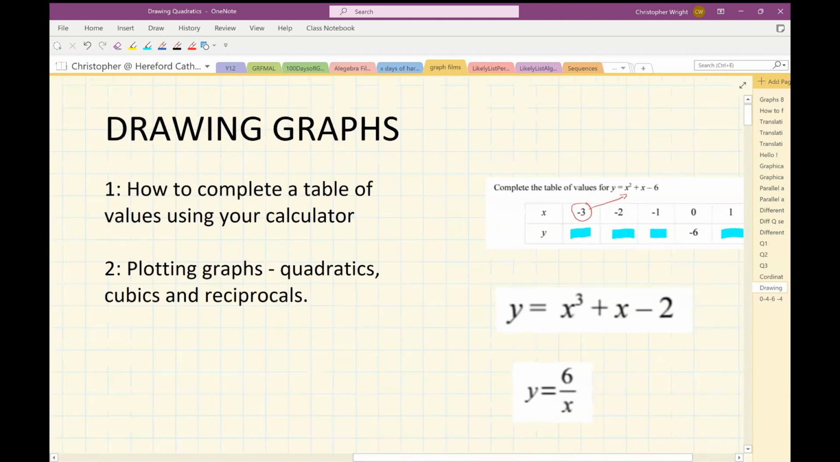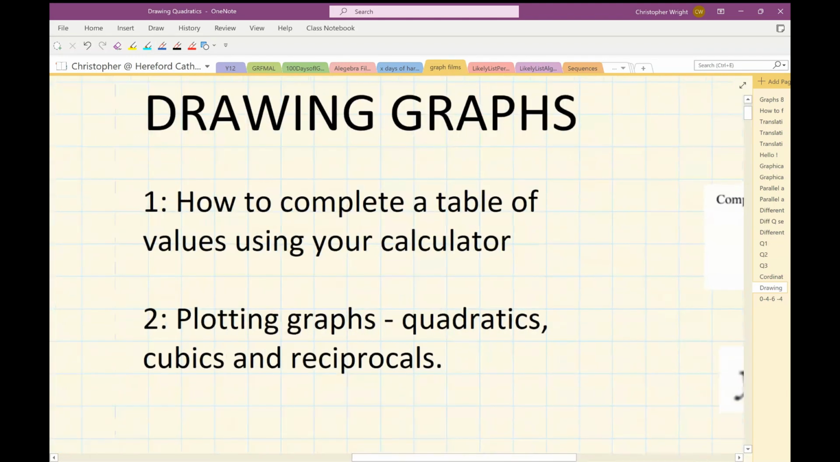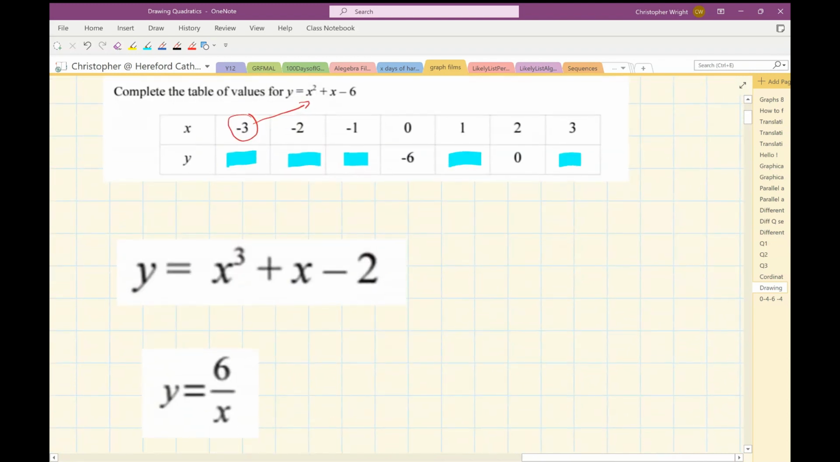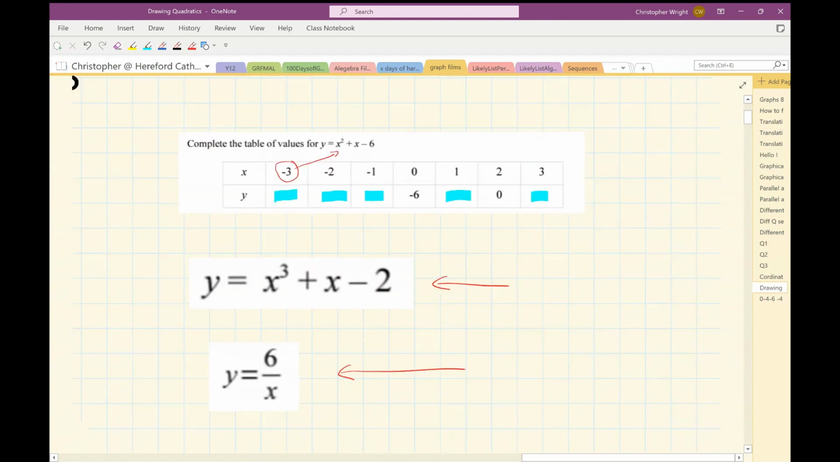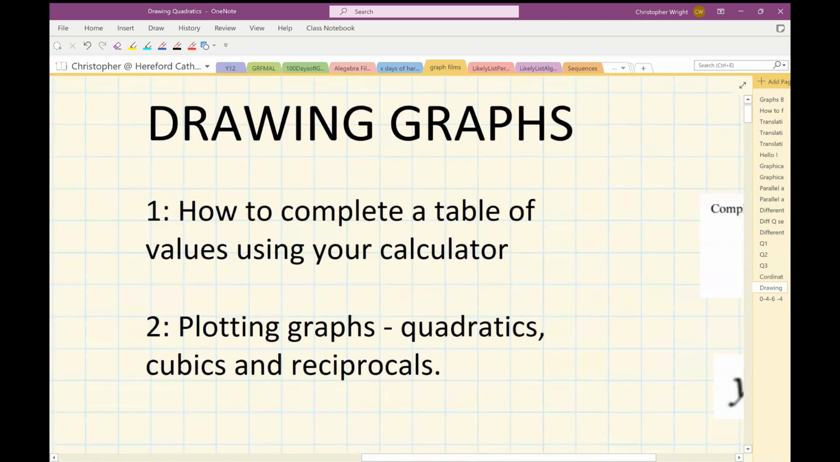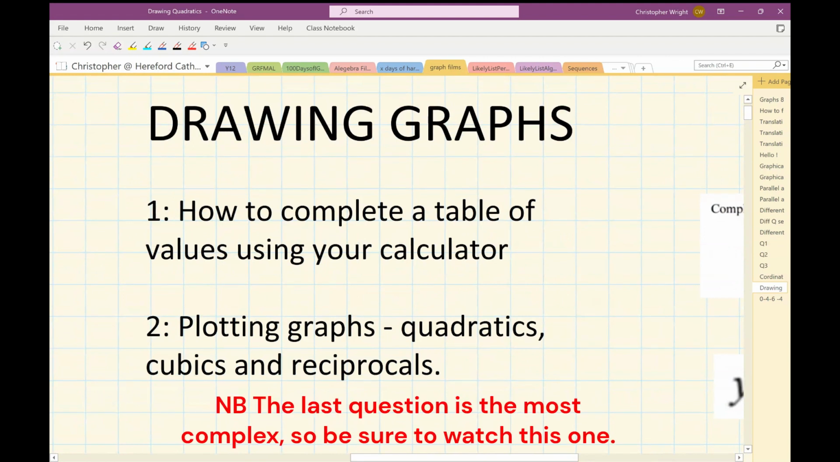Secondly, we'll use that calculator hack to plot graphs. We'll plot quadratics, cubics, and reciprocals. So that's a quadratic at the top. This one here is a cubic because it's got an x cubed in it, and this one is a reciprocal graph because x is the denominator of the fraction. And when we are looking at plotting graphs, quadratics, cubics, and reciprocals, we'll work our way through some past IGCSE